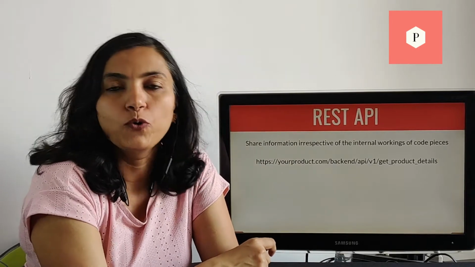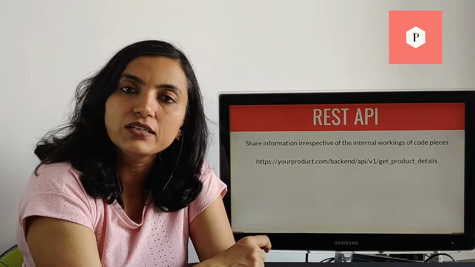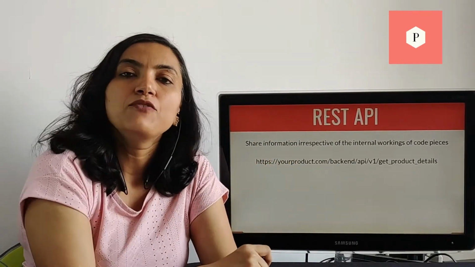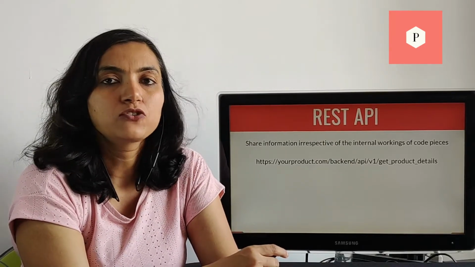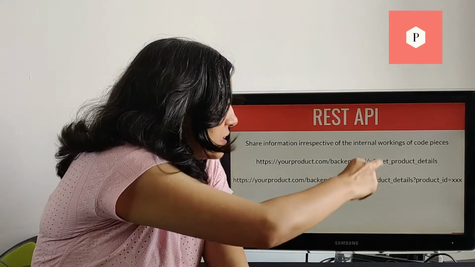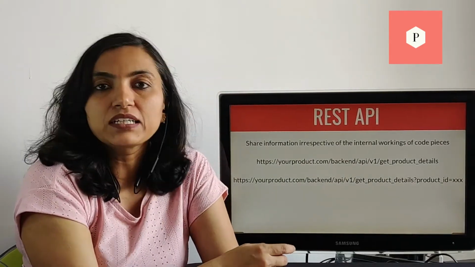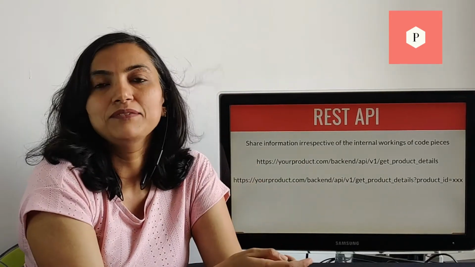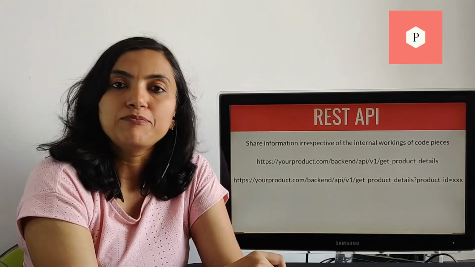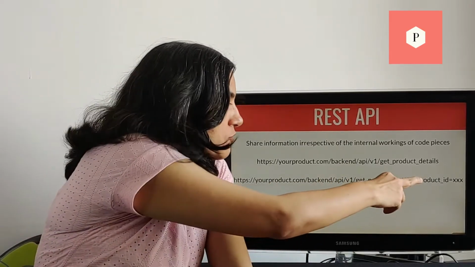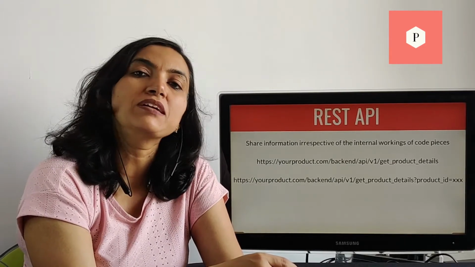Then the front end of the code, whether it is the page displaying the product information or the page displaying the order information, can hit this URL with the information about the product ID they want to get the information for. So the URL that they hit would look something like this. It is exactly this URL, but with this extra parameter which passes the product ID to the backend through this URL. When this URL is hit from any kind of code, the backend will look up the information for this product ID and return that information in a format that is programming language agnostic.